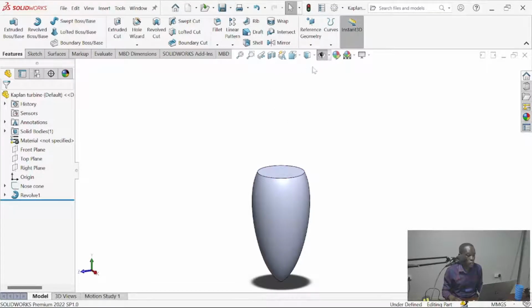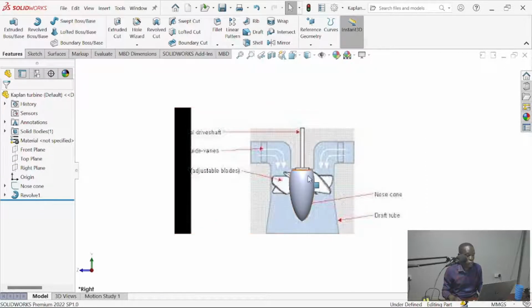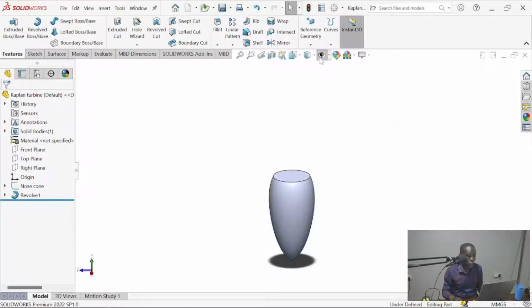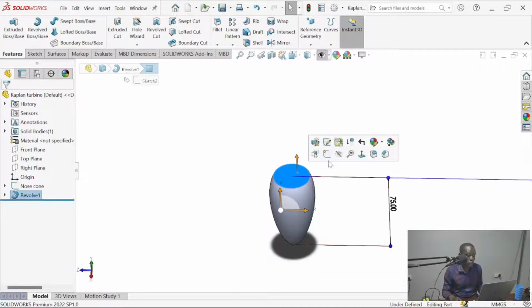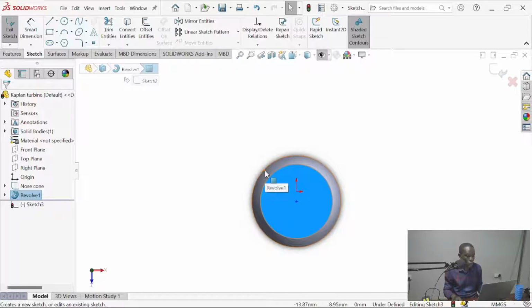Make sure you save this. Bring back the reference image. Go to the front of you. Our nose cone. Then let's deal with the shaft and then the propeller. Select that first. Go to sketch. It has brought for us the front of view.